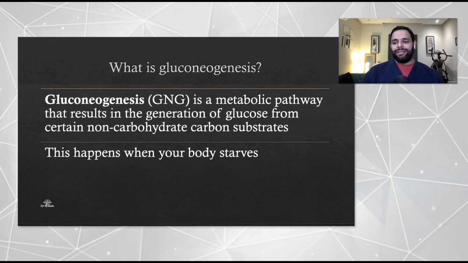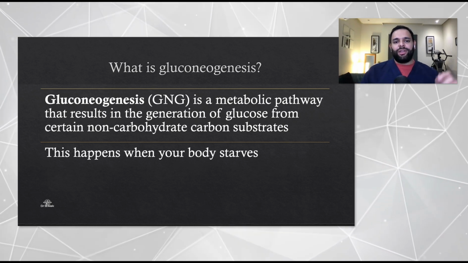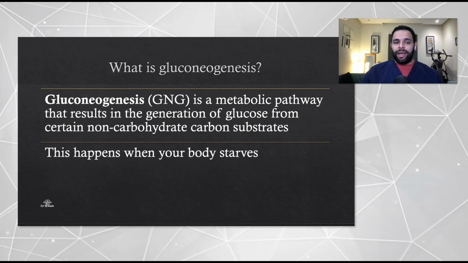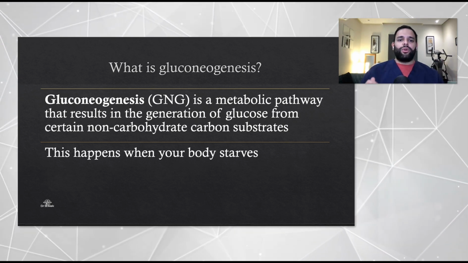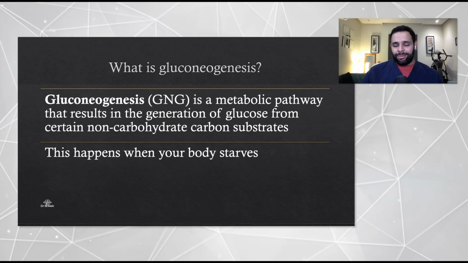So the body is in a pathologic state in which the pathophysiology gives it the signal of starvation even when it is not. And so gluconeogenesis kicks in, and you're trying to generate glucose from non-carbohydrate carbon substrates,